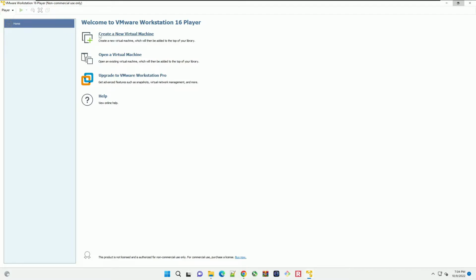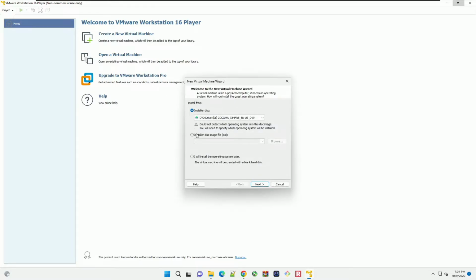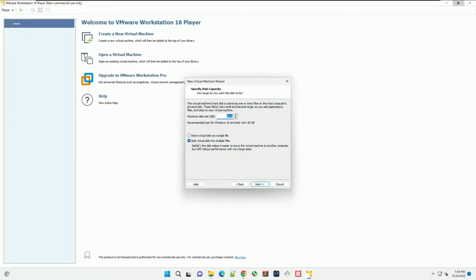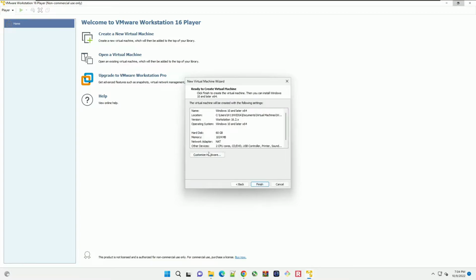From here, we create a new virtual machine. It has an installer disk, which is a Windows version already set up in there. You can click on installer disk image for the ISO and browse if you want to choose your own operating system. You go to Microsoft Windows, and we're going to just leave it at default and click next. And we're going to create a disk size of 60 gigs. Store it as a single file, finish,